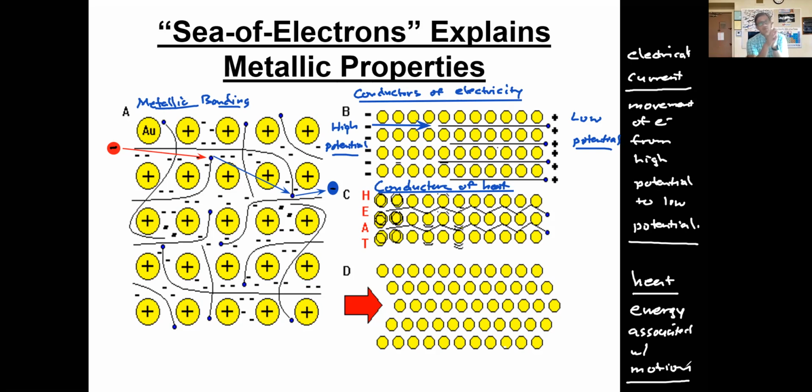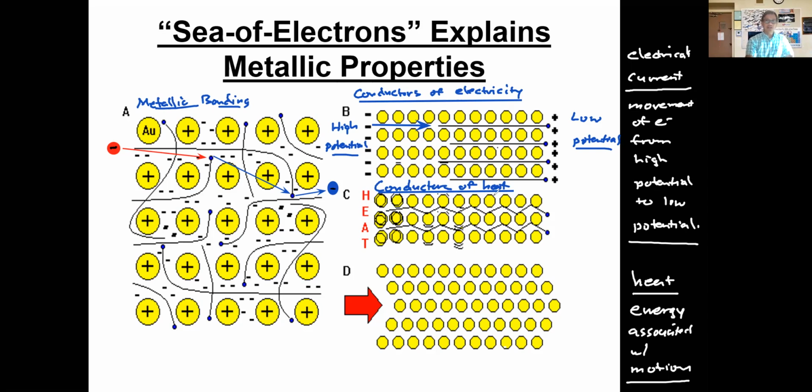And that's why we learned, remember, I don't know if you remember this, but back in chapter 3 when we talked about temperature, we talked about the Kelvin scale. We said that 0 Kelvin represents the temperature at which there is no more heat. When there is no more heat, I also told you that all motion ceases as well. So there's a direct connection between heat and motion. Let's take a look at how the sea of electrons allows us to explain why metals are such good conductors of heat.